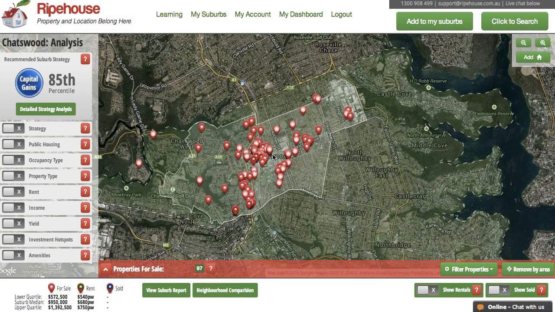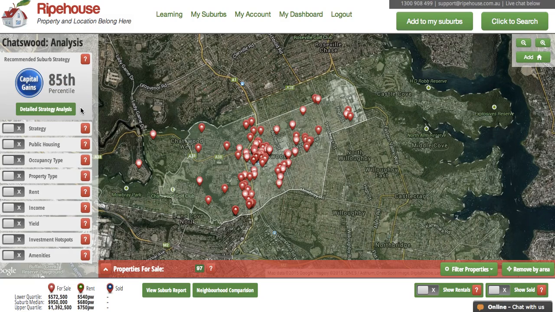So we've come across Chatswood. It's got very good capital growth fundamentals. It's in the 85th percentile of capital growth in New South Wales. It's better than 84%. It ranks higher than 84% of suburbs on that measure. So we have come into Chatswood with a capital growth strategy in mind. We can click on the detailed strategy analysis button there